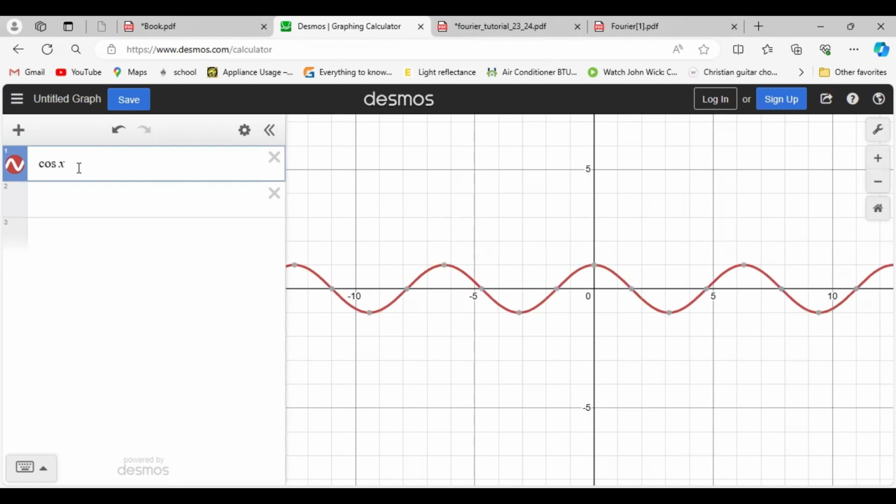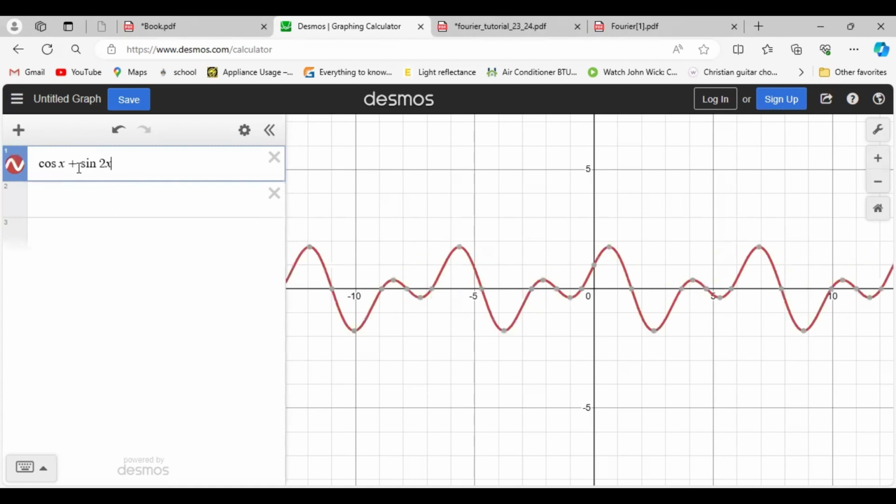Let's try a weird one. Say plus sine 2x. All right, so in this graph here, it is a periodic function, right? I think the period goes from here to here, or you could say from here to here. You can clearly see that the area above is not equal to the area